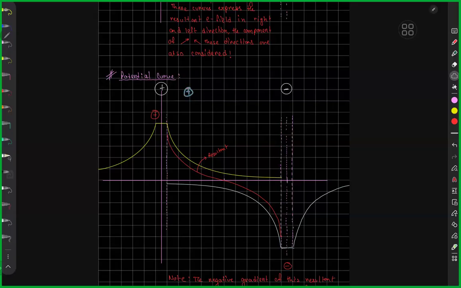So whatever energy I had to supply to bring it near the positive charge, overcoming all the repulsive forces, I'm losing all that energy. That's why you see this energy curve decreasing. And as I move beyond the half point,